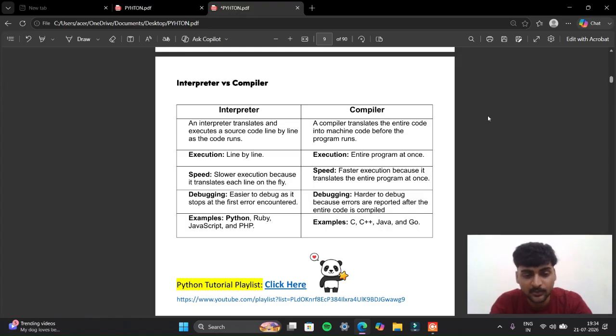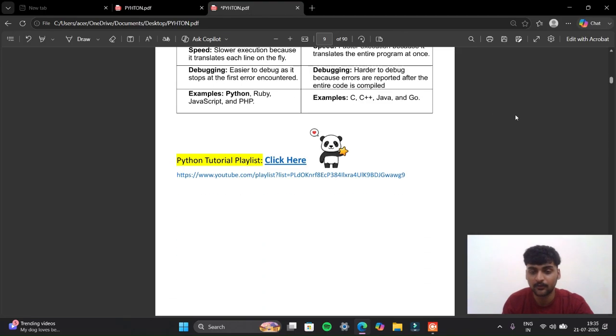And let's check the debugging. An interpreter is easier to debug as it stops at the first error encountered, and a compiler is harder to debug because errors are reported after the entire code is compiled. So we have to be more attentive with compilers. The languages which use an interpreter are Python, Ruby, JavaScript and PHP, and compiled languages are like C, C++, Java and Go. Moving forward,